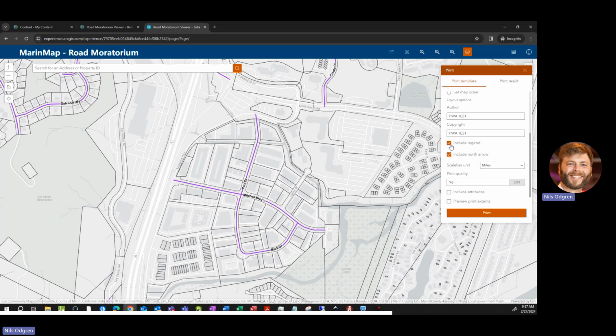I pretty much always select these. If you don't include the legend, someone might get confused as to what they're seeing on the map that's printed out. So I always select include legend and then include north arrow. It's always nice to have a little reference as to which direction is which, so that north arrow can be helpful. And then we've got the ability to change the scale bar unit, and we will keep this at miles